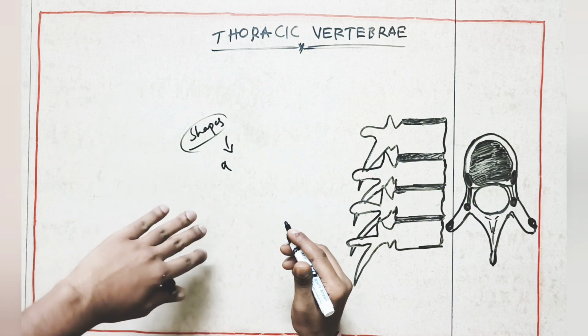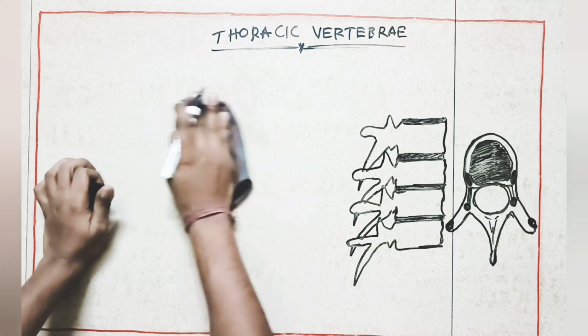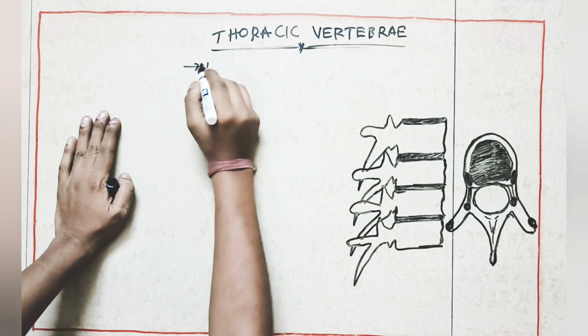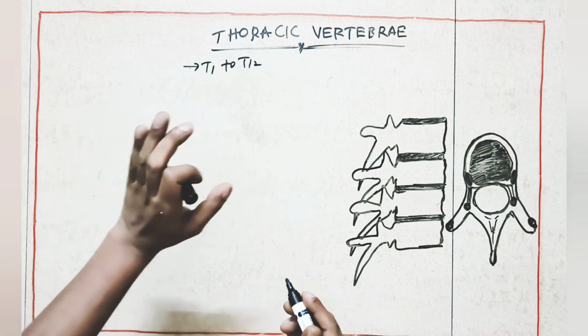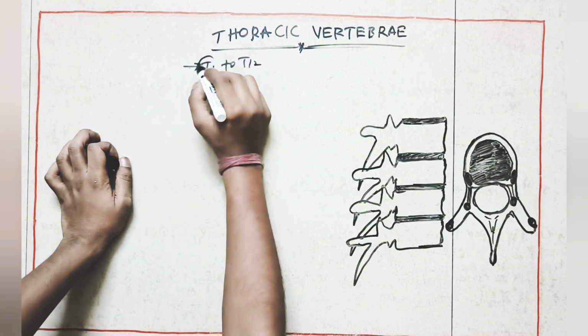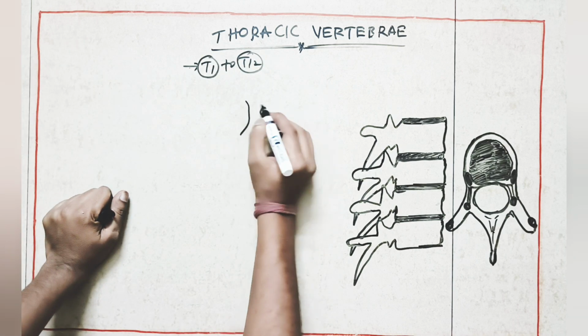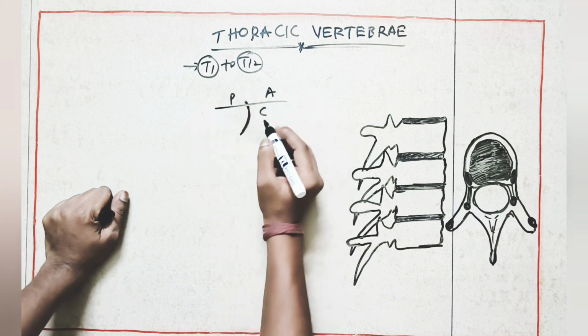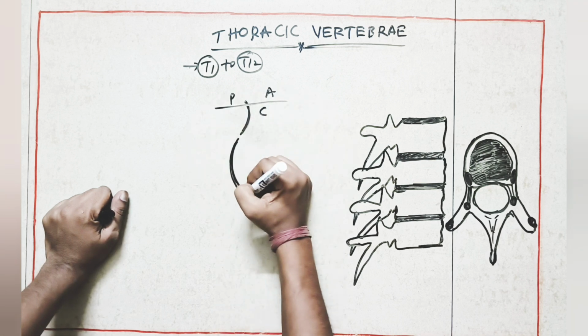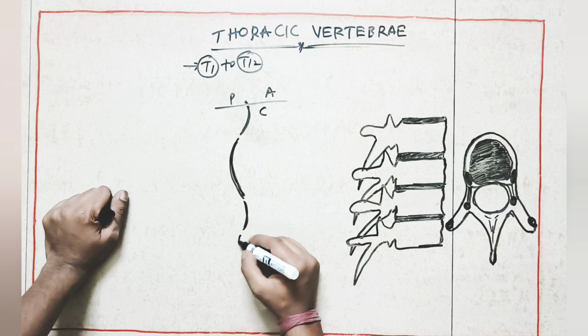It will change very differently. We'll see that. If you take thoracic vertebra T1 to T12, in total there are 12 thoracic vertebrae. Among these 12, T1 and T2 are very different. Why? Because if you take the cervical vertebra, thoracic vertebra, lumbar vertebra, sacral and coccyx,